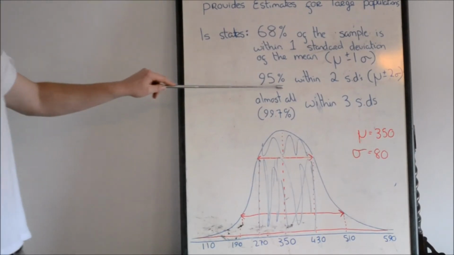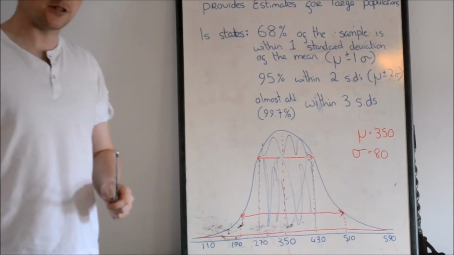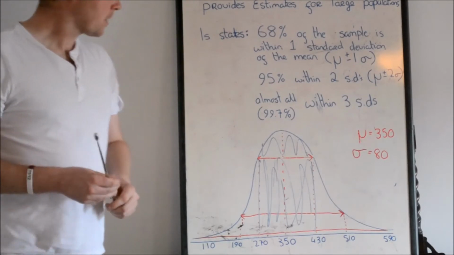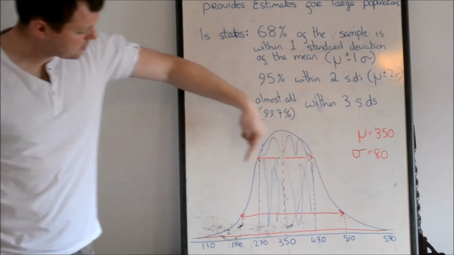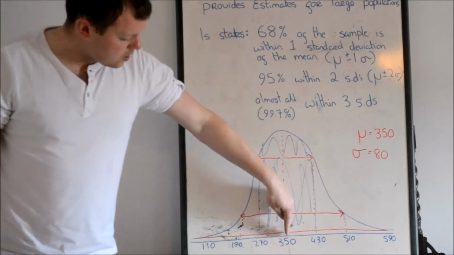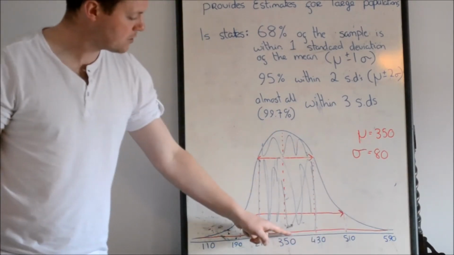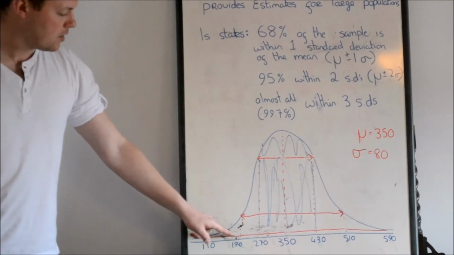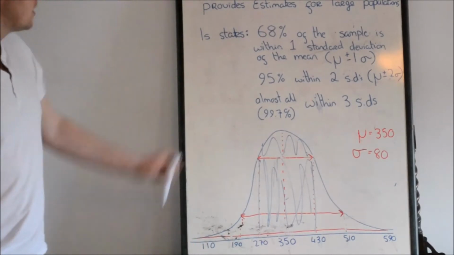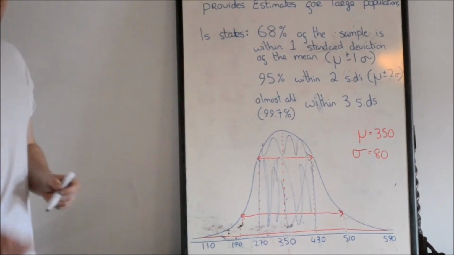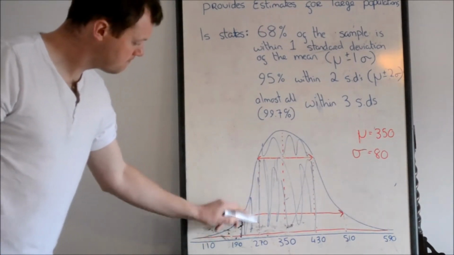It says 95% is within two standard deviations. Well, one standard deviation is 80, so two standard deviations is 160. So if we went 160 either side of our mean, 160 this way, 160 that way. Well, if we went 160 up from 350, we get 510, which is here. If we went 160 below 350, we get 190. And what that is telling us is 95% of the people in the CAO that did their leaving cert got between 190